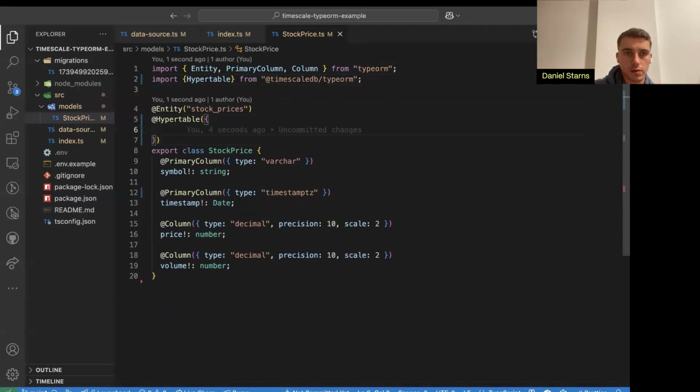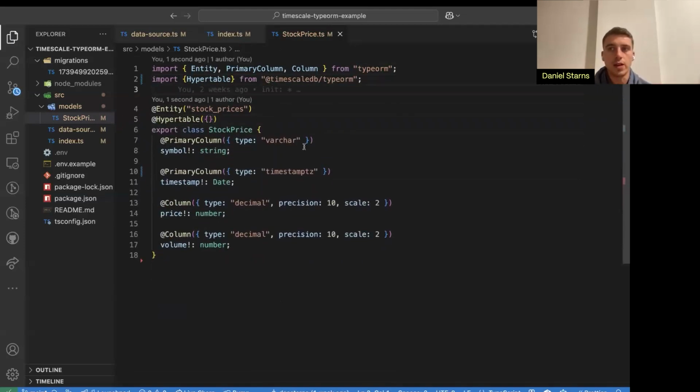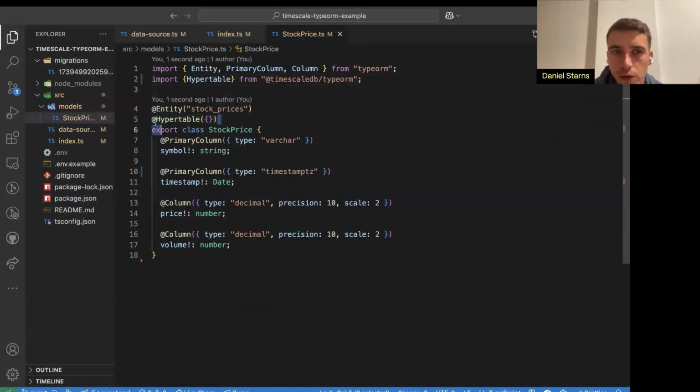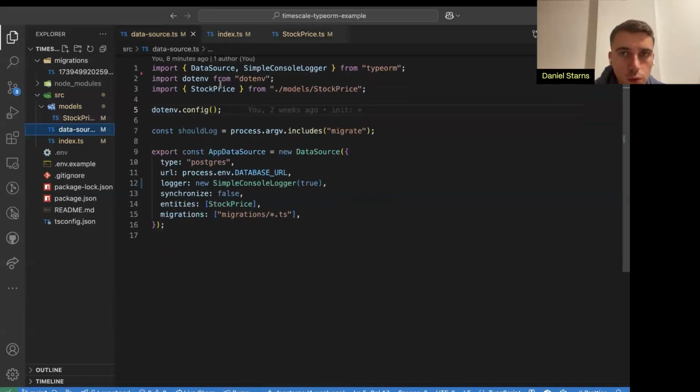I think we can get rid of all of that too. There we go. And so now what this is going to do is it's going to add this specific statement into the SQL to specify that this is now going to be a hypertable. And to hook into the migrations with TimescaleDB TypeORM, you also have to do one thing, and that's find your